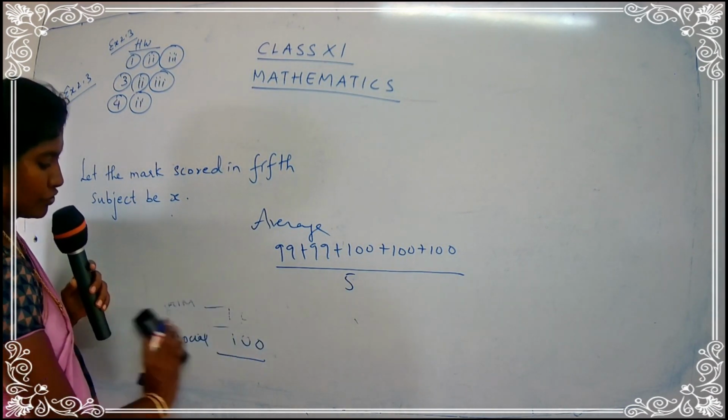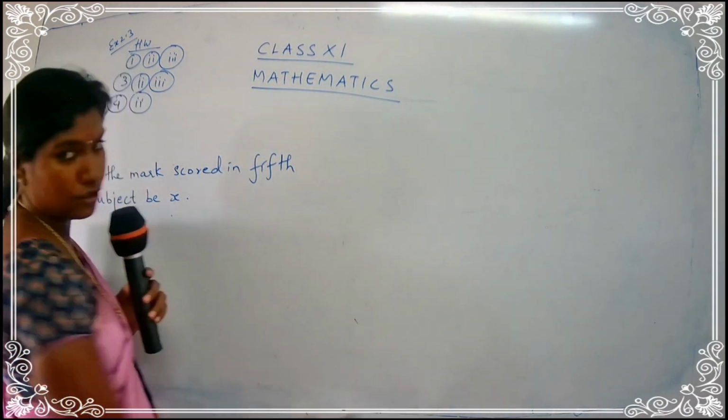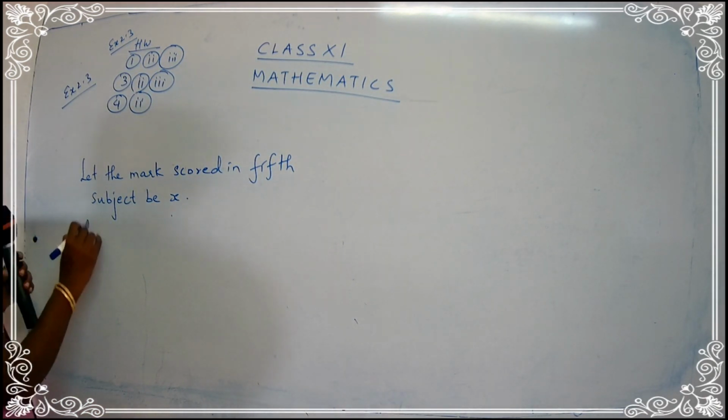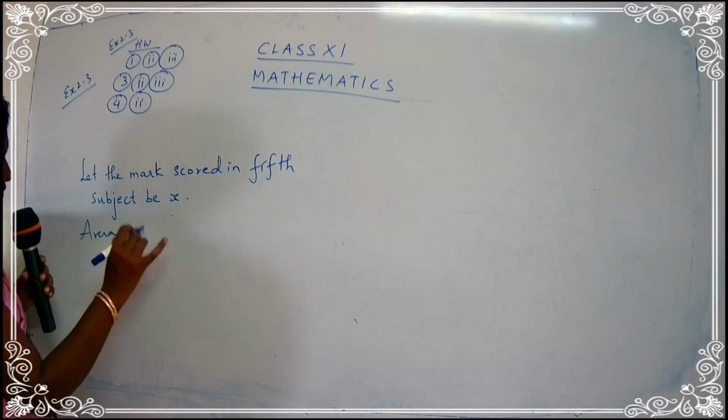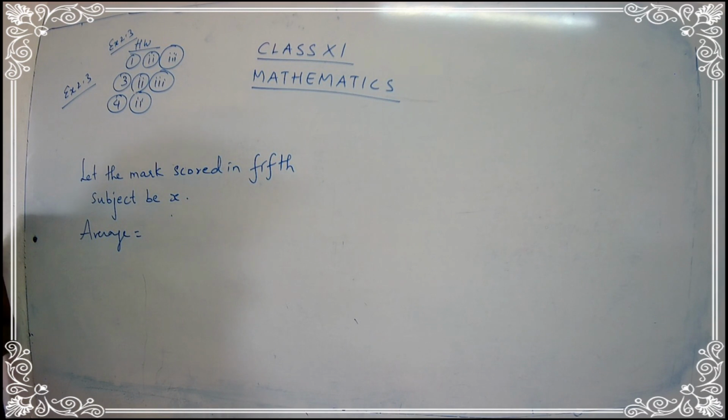So you have scored your marks in your public exam. Try to get the average of your marks. Now we are going to follow the average over here. Write down here: average is equal to, for all the 5 subjects. What are the marks given to you?